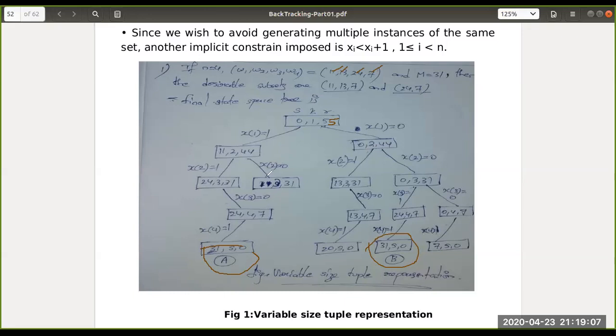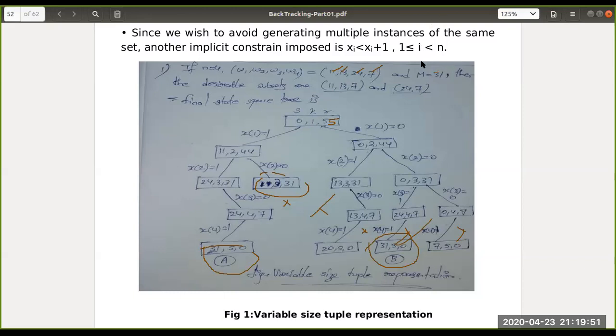Here it is stopped, because after generating any node, the chain crosses the weight 31. That's why it stopped here. Here also same thing. Left side is not done. Here it is here only, not done. This side also not done. So here only the left side is generated. Finally, this will be the answer. The same procedure is applicable here also. Whatever we discussed for the second problem, the first problem also uses the same procedure to construct this variable size state space tree. This is a solution. These are the second formulation.